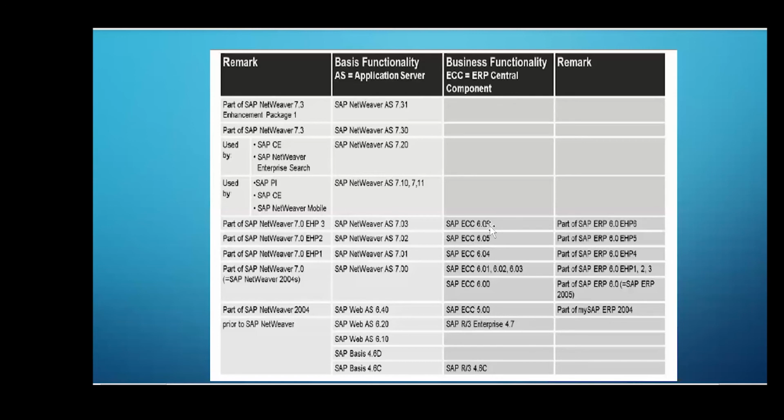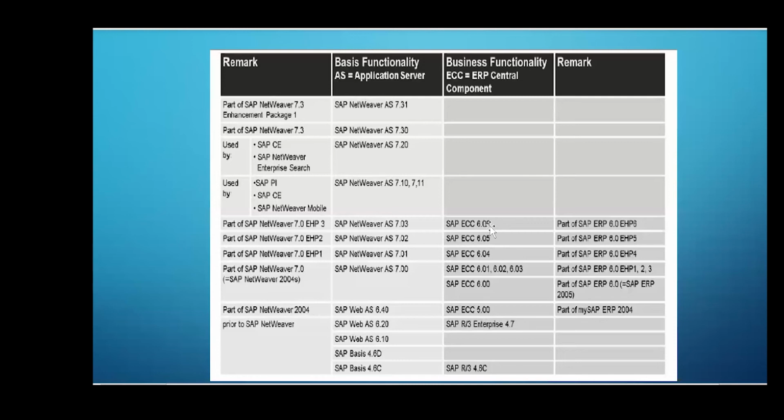We discussed this in our HANA session. Anyway, I'll give you a review again. My R2 is nothing but I have two layers. You are right, you have two layers, but those two layers are nothing but the discrimination between your presentation layer, application layer, and database layer. In R3, you will have three layers. In R2, your presentation layer and application layer will be considered as a single layer, and the database layer will be considered as a second layer.